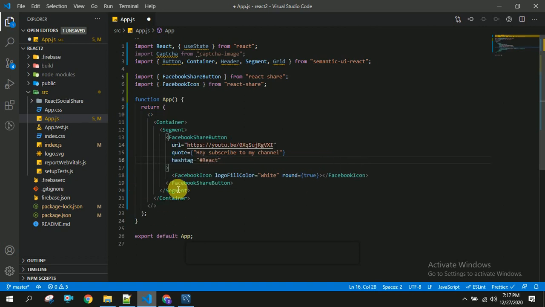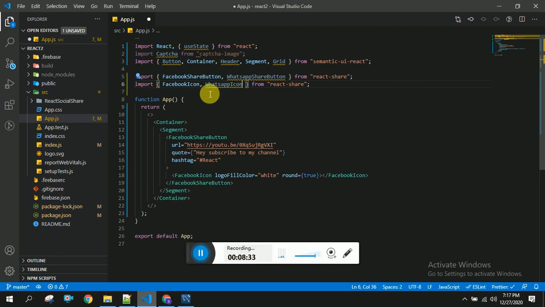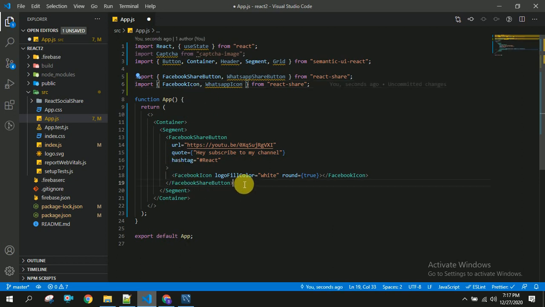Once this is done, you are done with the Facebook sharing option, and the next thing we are going to do is WhatsApp sharing. For that we have to import WhatsApp share button, and the same thing applies here, the WhatsApp icon. After this you have to use this WhatsApp button here.